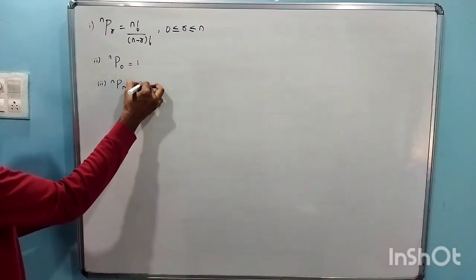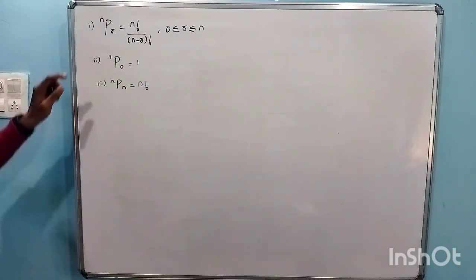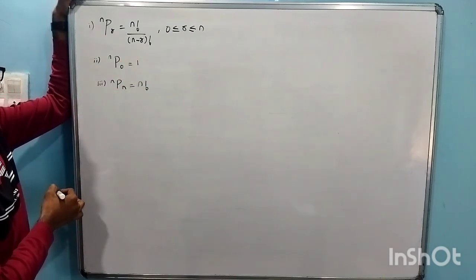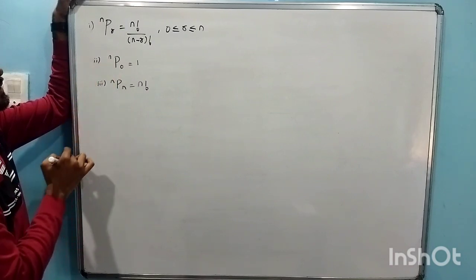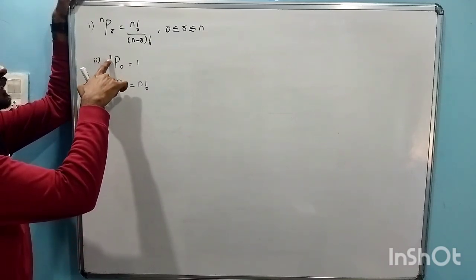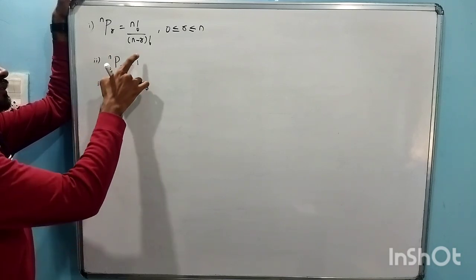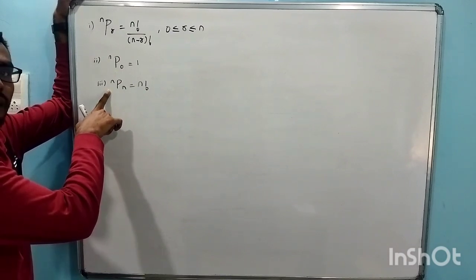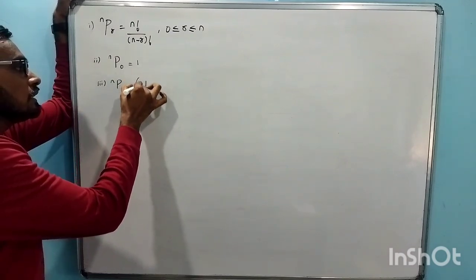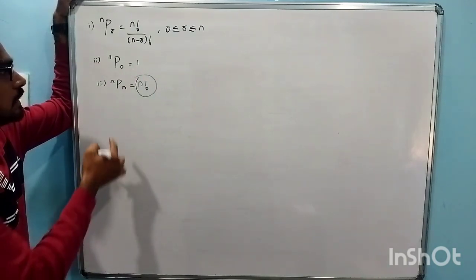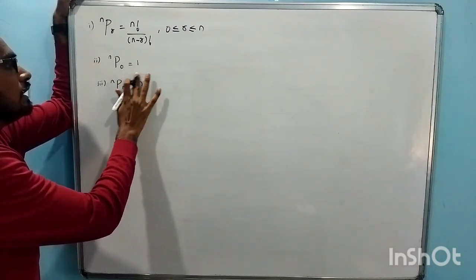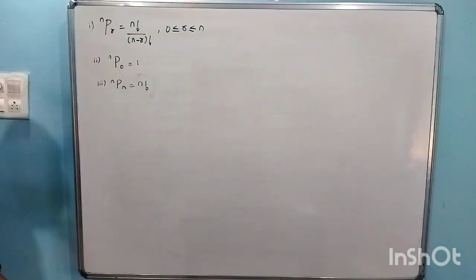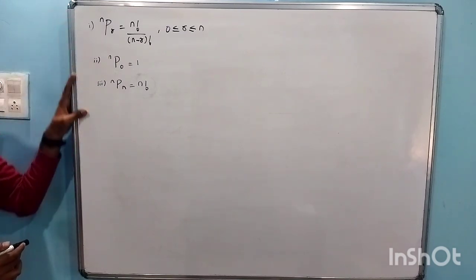So this is like selecting 0 objects out of n objects. Okay, the number of ways of arranging 0 objects out of n objects, that is the number of ways of arranging n objects taken 0 at a time, is obviously 1. Okay, and this is arranging n objects taken all at a time, that we saw in the previous type, it is n factorial. n factorial means what? Arranging n objects taken all at a time or n at a time. Okay, so it is n factorial. Okay, so we'll solve some simple problems based on this now.